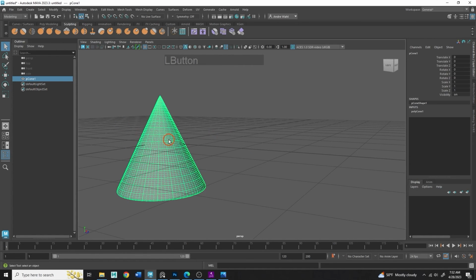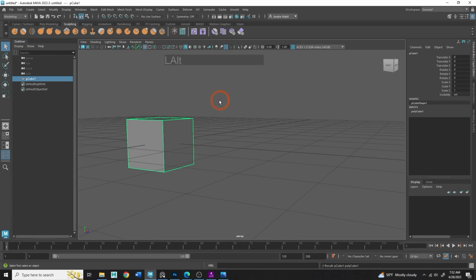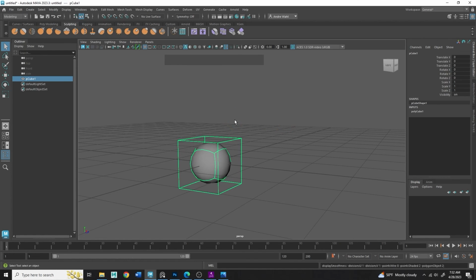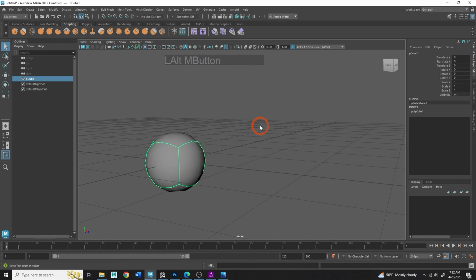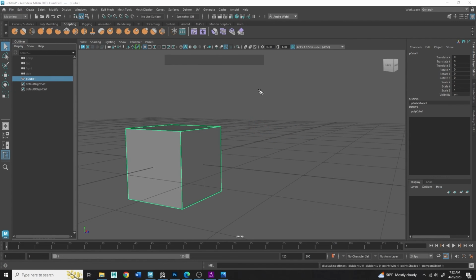So just to recap, let's go back to our good old cube here. 1 is going to be unsmooth, 2 is going to be smooth with mesh cage, 3 is going to be just smooth by itself. From here, just thinking about how it works, if we have a cube, what happens with a quad face is it draws a vertice at the center point of the face. From there, it draws a vertice down each line, and then it creates an edge between said vertices, like so. And then after that, what it's going to do is it's going to average all the vertices. So what we end up getting, if I can think of this in 3 dimensions, is a much different looking shape where